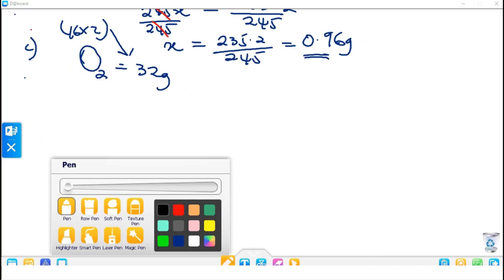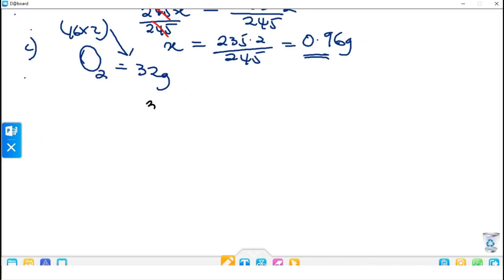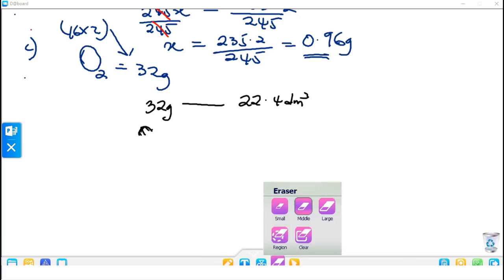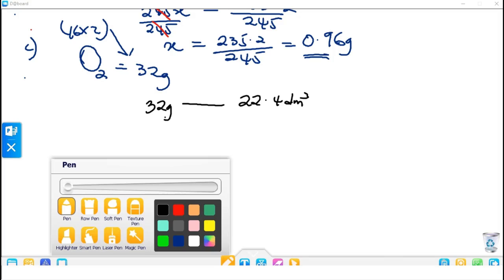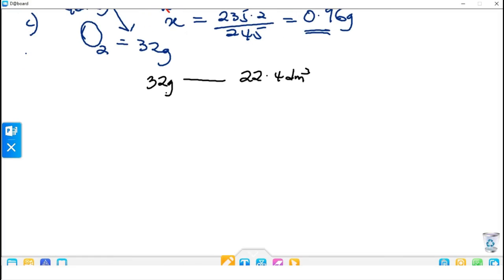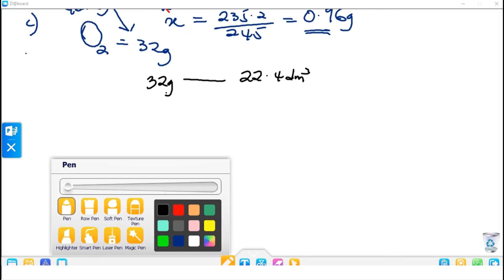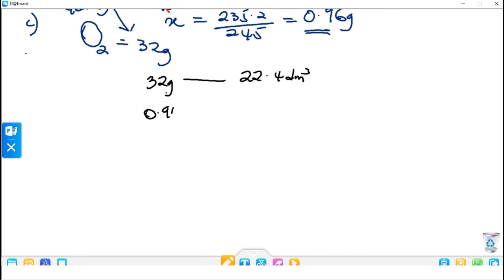From the question, 1 mole of oxygen, that is 32 grams of oxygen gas, will always occupy 22.4 dm cube. That is 1 mole of oxygen gas. Then they said the mass of oxygen, how much volume will it occupy? That is 0.96 gram. So let's take a look at what 0.96 grams of oxygen will occupy. 0.96 grams of oxygen will occupy X volume. And when we cross multiply, we're going to have